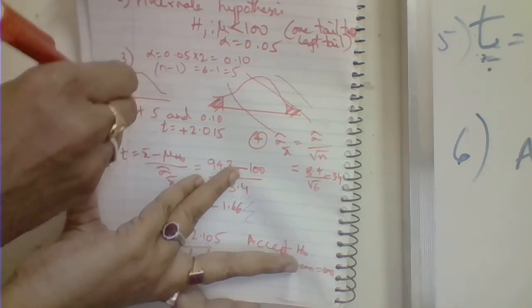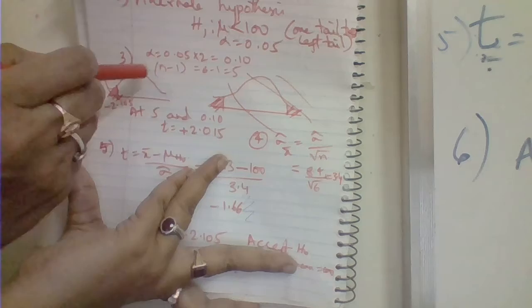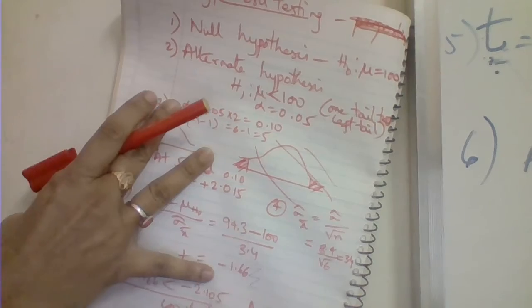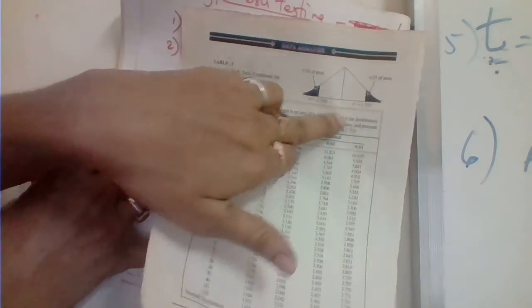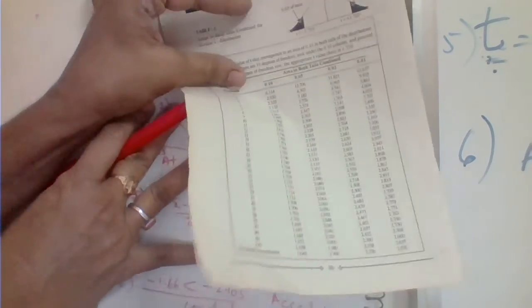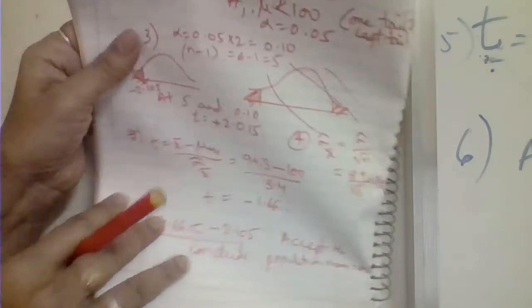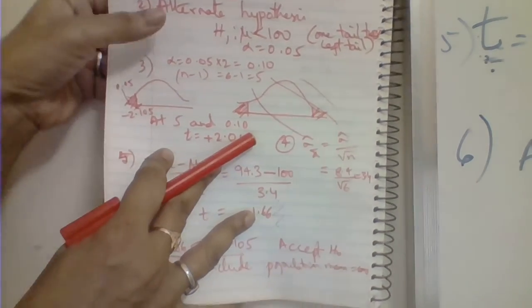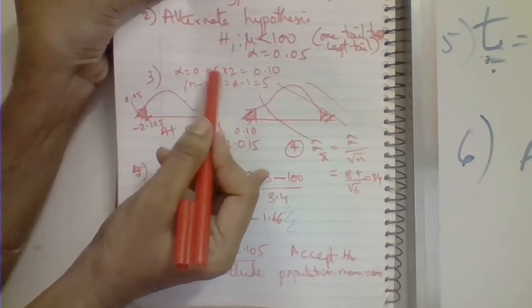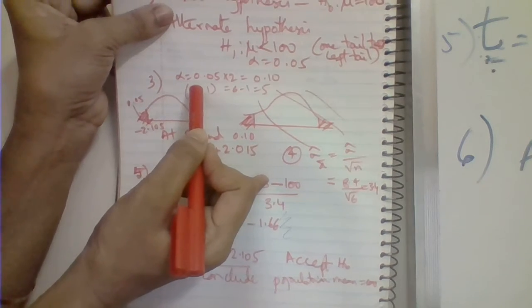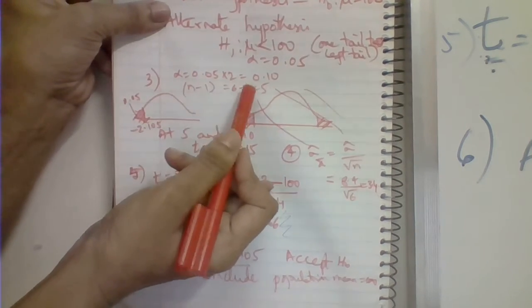In the t distribution curve I already said that whatever alpha value you have, you have to multiply it by 2, because in the t distribution you have your rejection regions on both the sides. So whenever alpha is given in the t distribution, you have to multiply it by 2. So alpha multiplied by 2 is 0.10, and degree of freedom is compulsory for t distribution, so it is n minus 1, it is 5.